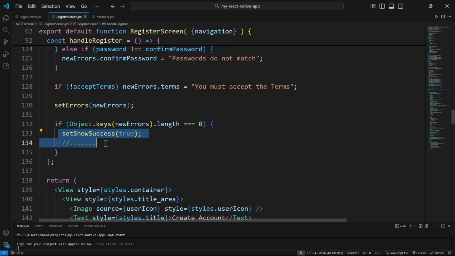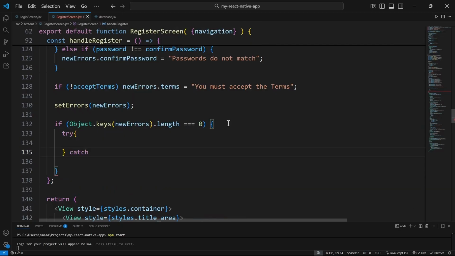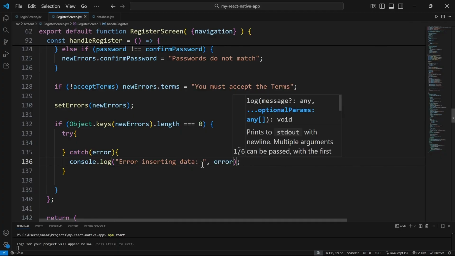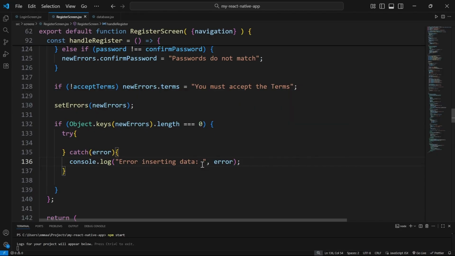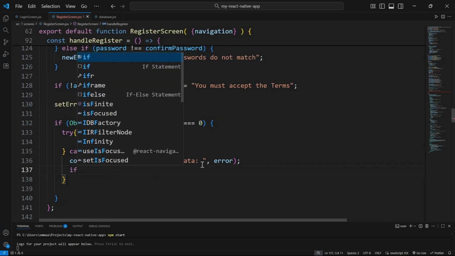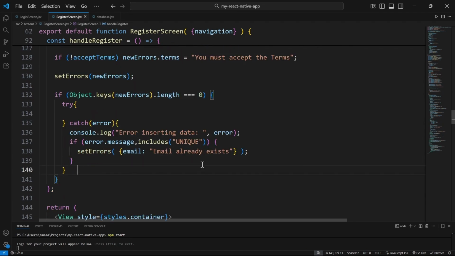So within the try catch, we write the code that would send the data utilizing the insert statement. Okay, so we just catch any errors that could occur in the catch here. So console.log error inserting data. So then if the error message includes unique, display to user that the email already exists. Okay, so then